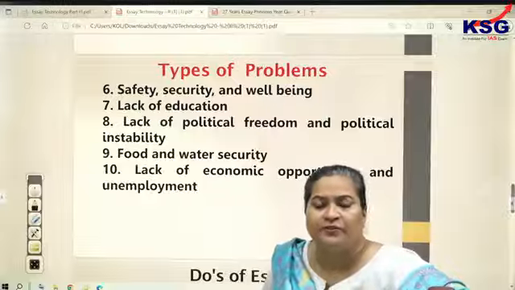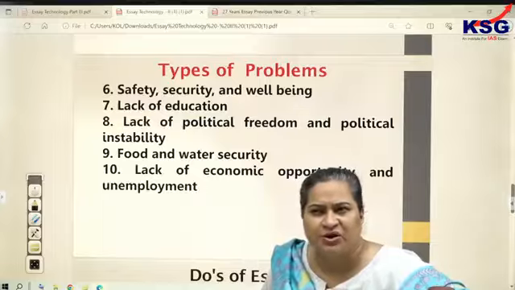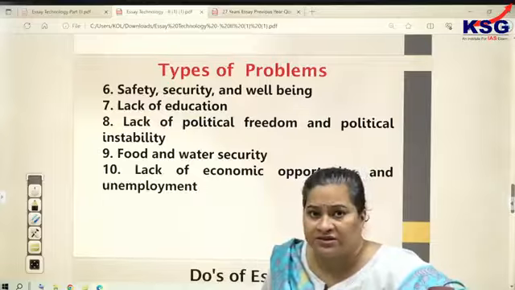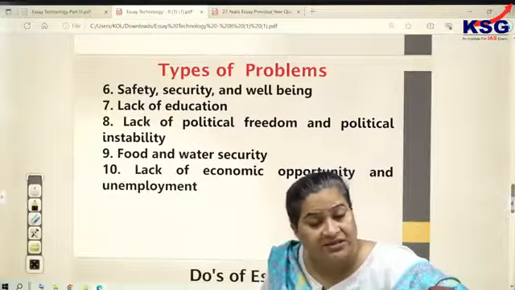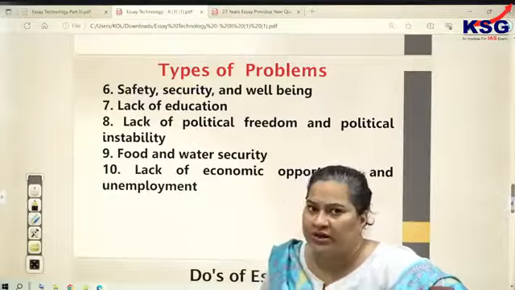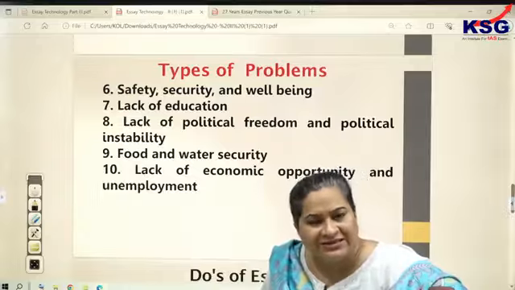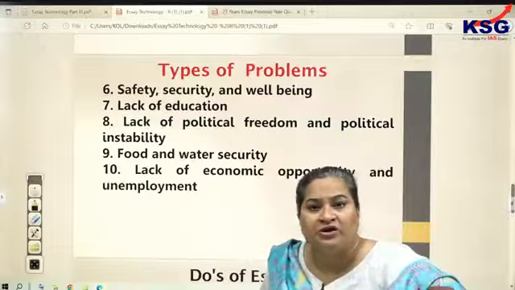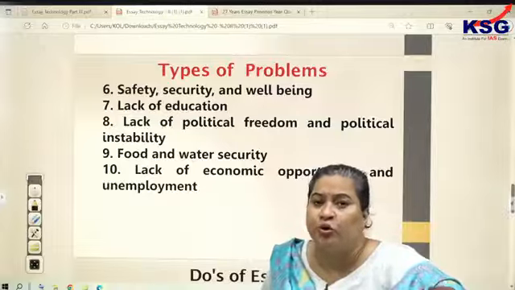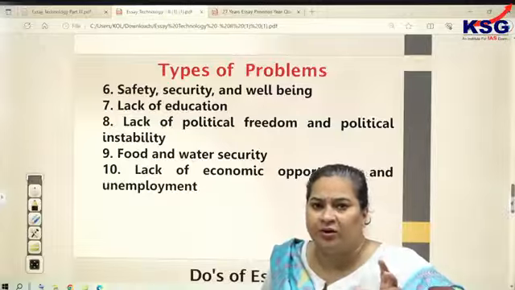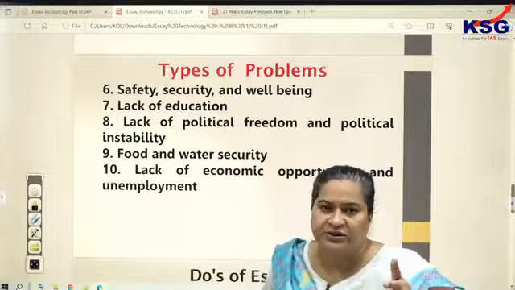You can recall from that also, like cyber crime, cyber security, well, not really needed. Naxalism, terrorism, yes, Naxalism is a problem. So you can connect with Naxalism. Child labor, yes, it is a problem. Overpopulation, yes, overpopulation will lead to fragmentation of land. Okay, drug abuse, you can connect with it.